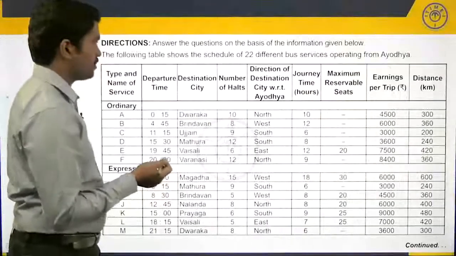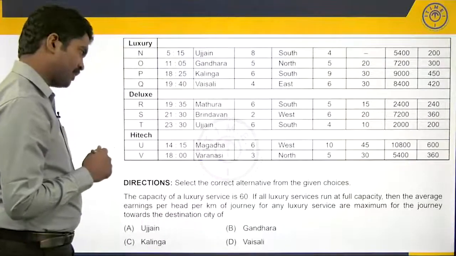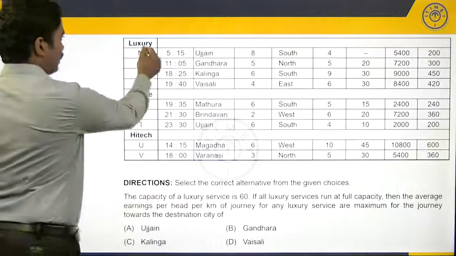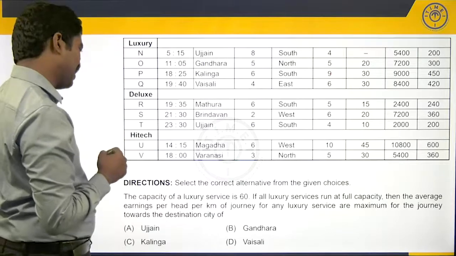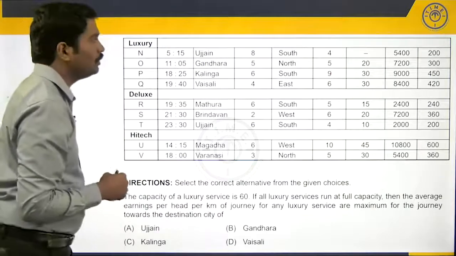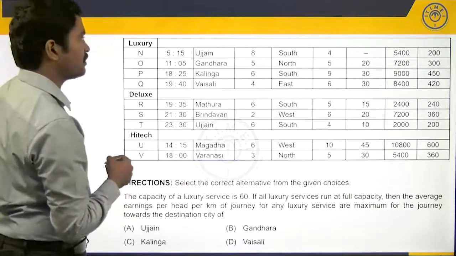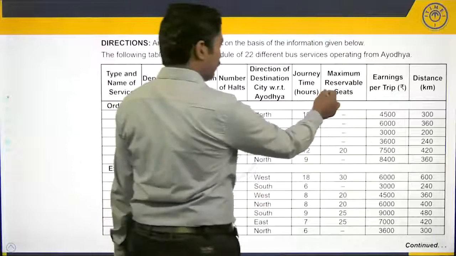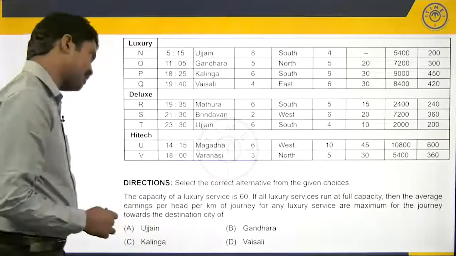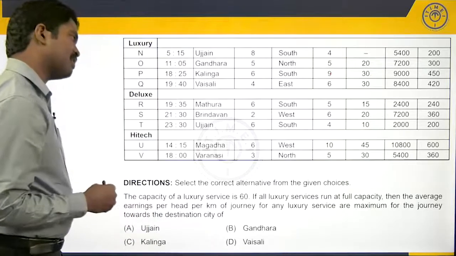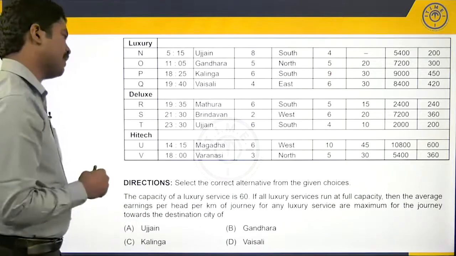Let's look at the next question. The capacity of a luxury service is 60. Okay, these are the luxury services. If all luxury services run at full capacity, then the average earnings per head per kilometer. So we are saying the capacity of a luxury service is 60. This is the maximum reservable seats. Maximum reservable seats are 60 for a luxury service. Okay. If all luxury services run at full capacity, then the average earnings per head per kilometer of journey for